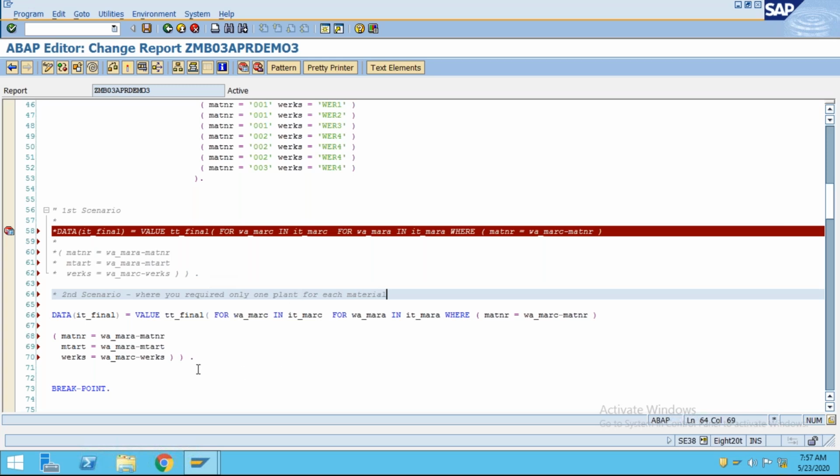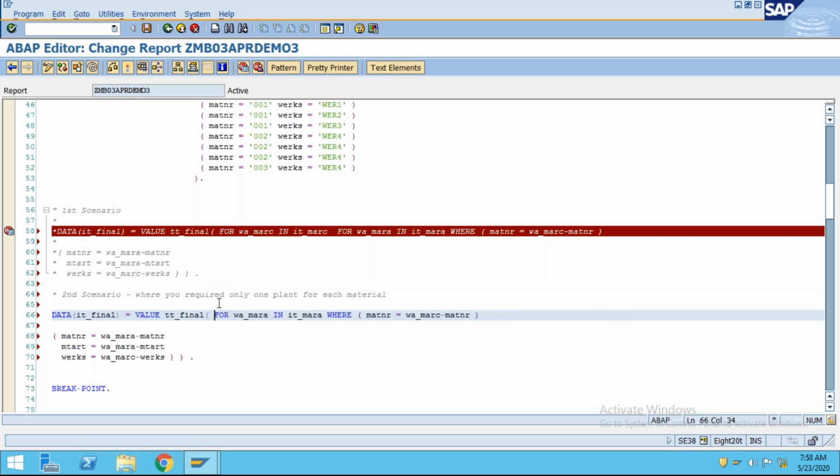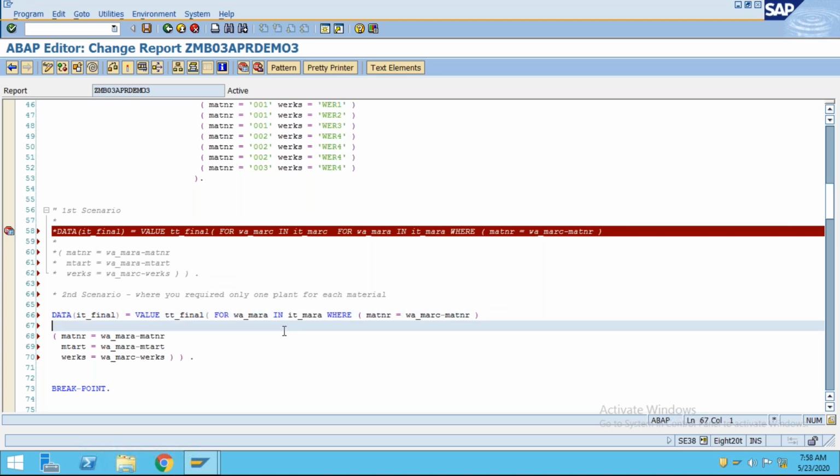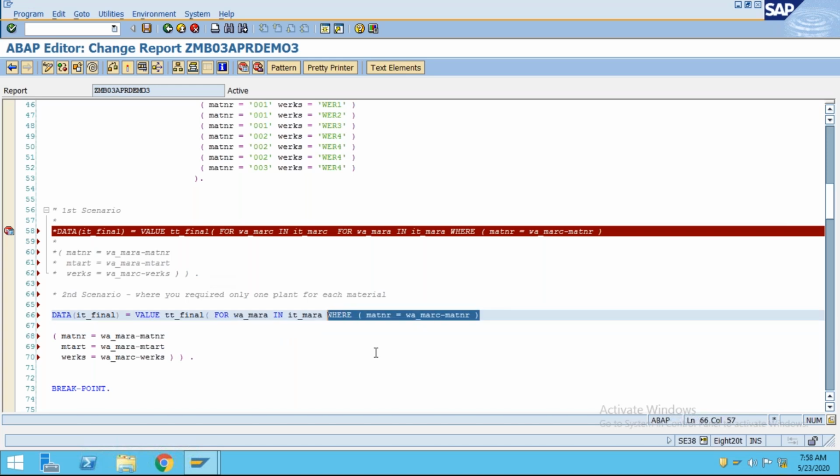Okay, so in that case, what we can do: this for w_marcy in it_marcy, remove this one. Okay, here for w_mara in it_mara, this where condition we can remove now. So for each record in it_mara, I'm just looping. This is the loop for w_mara in it_mara. For each record, what I'm trying to do is that,